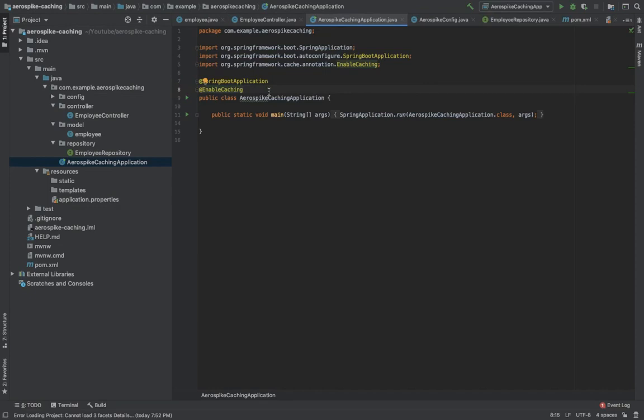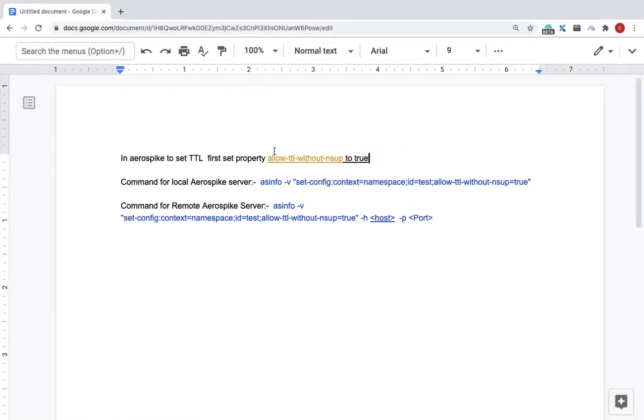Now, by default Aerospike does not allow setting TTL while writing the data. So to enable TTL you have to set this property to true with this command.